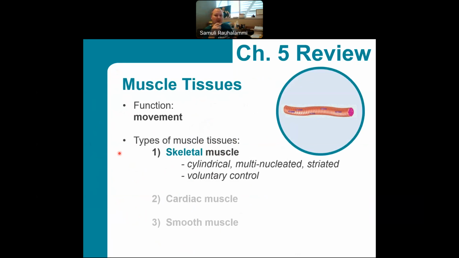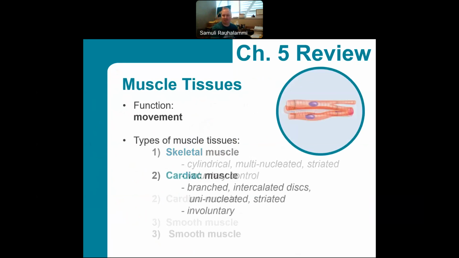Sometimes students get confused. They ask, how can a skeletal muscle have multiple nuclei? I thought a cell only had one nucleus per cell. Well, what we're going to see is that skeletal muscles actually form during the process by fusion of multiple cells, so you are left with multiple nuclei as a result.